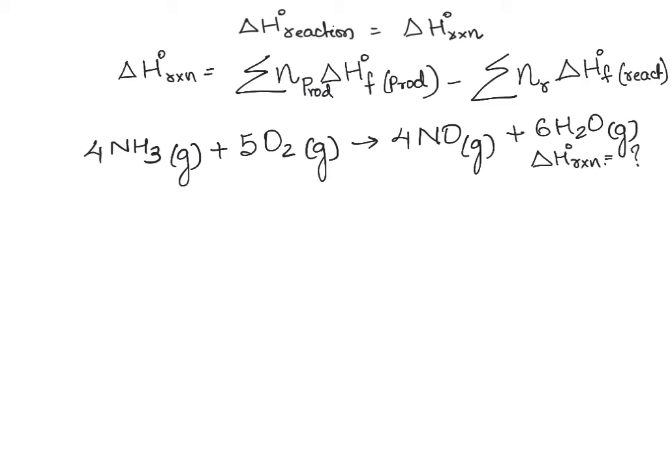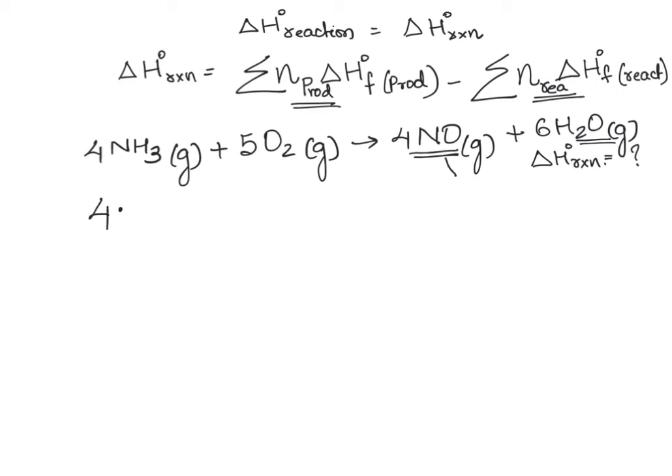How will you do this? Sum of products information minus sum of reactant information, right? So what are all the products we have here? We have nitrogen monoxide and water vapor. We have 6 moles of water vapor and 4 moles of nitrogen monoxide. So 4 multiplied by